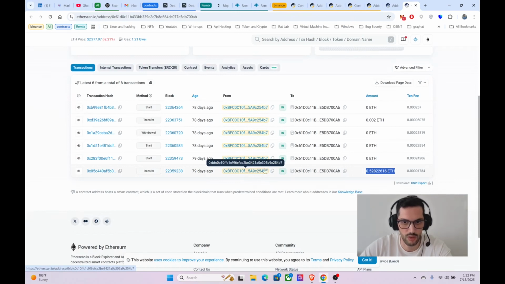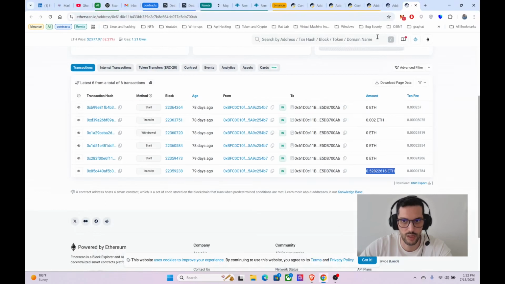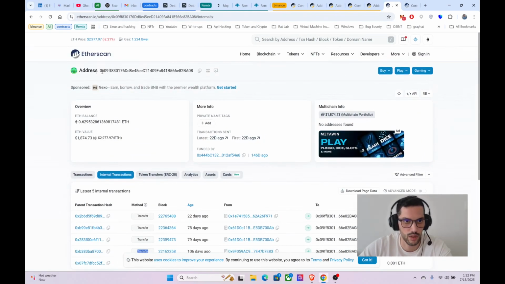So the victim deployed the contract, put some ETH, and this contract transferred the money to the attacker, to the scammer address, which is this one, that we extracted using a function from the contract that we found.